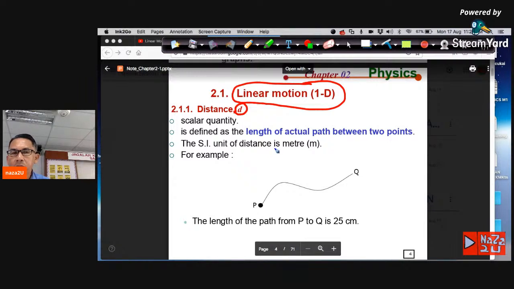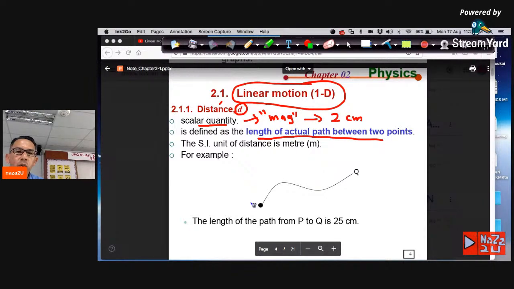I think in chapter 1 we have already discussed what is a distance and what is a displacement. So again, distance is a scalar quantity. Scalar quantity means the distance only has a magnitude, or nilai saja. Let's say we have 2 centimeter. So this is the magnitude. No need for you to describe the direction of the 2 centimeter. So no direction, and that's why the distance is a scalar quantity, or it's defined by the length of actual paths